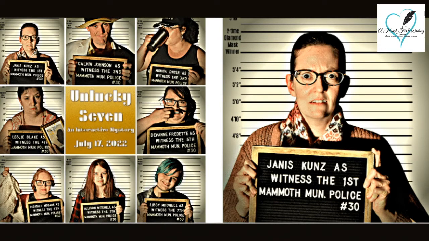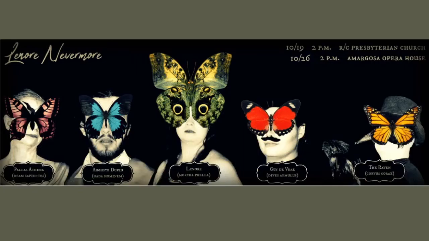And, you know, one of them, Calvin up there, he looks really like, yeah, right. You know, he's the sleazeball in that show, or he was in that show. Yeah, I was going to say, and this was the Unlucky 7. And this was done in July of 2022. So yes, this was show number 30. Oh, wow. And here's another one. This was done, I don't know when, but 2019.